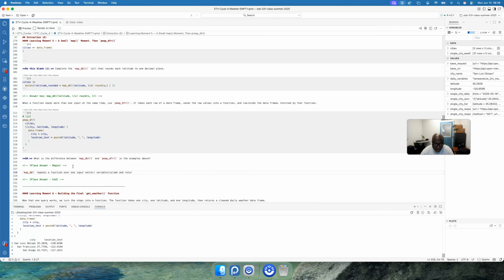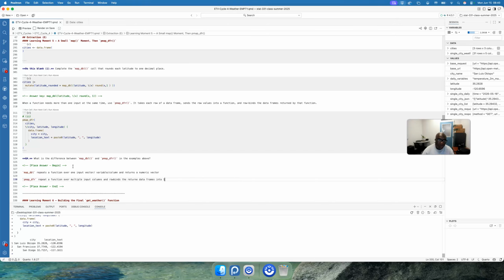And returns a numeric vector, okay? Whereas pmap_dfr allows us to repeat a function over multiple input columns and row binds. That's the big thing that I didn't mention. Row binds that return data frames